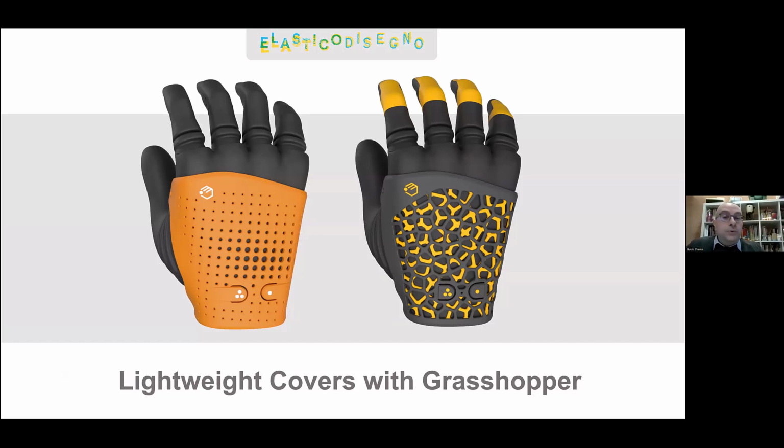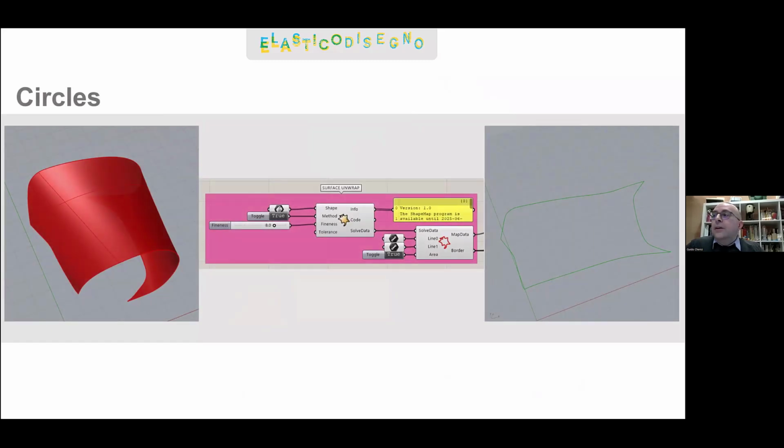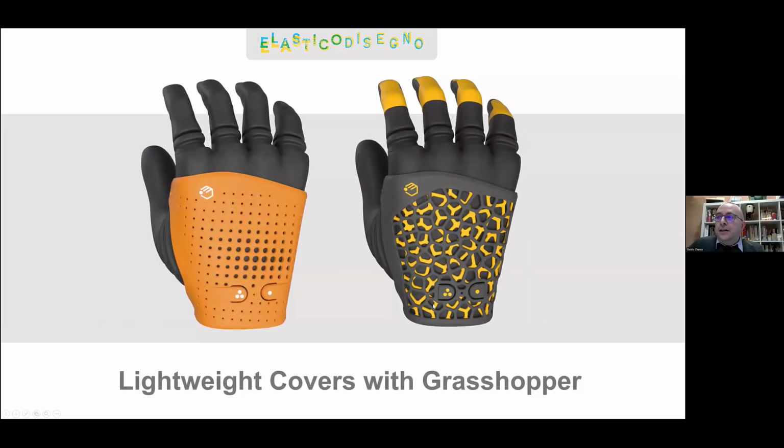And so we used Grasshopper to research new ways of decreasing the weight of these covers. We developed two patterns using Grasshopper and its functions. I'm going to walk you through the steps that we took here with Grasshopper. I didn't work directly on this, so bear with me for any imprecision. So for the circles pattern, which is the one we see here on the left,